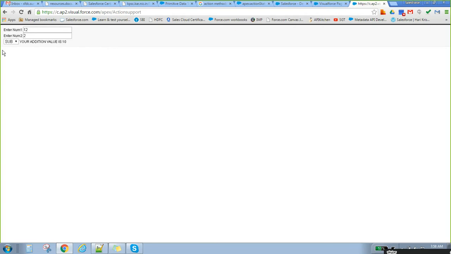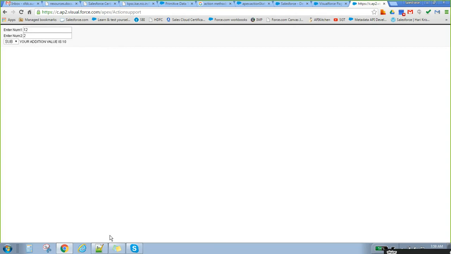You have heard about the dependent pick list, right? Whenever we select a country, it has to populate all the states. In that case it is affecting only another drop down, not others. In that situation we have to go for either action support or action function. In that scenario, these things will be useful.